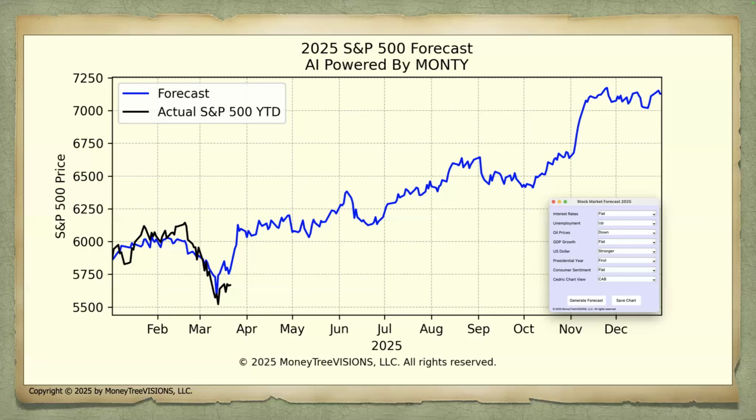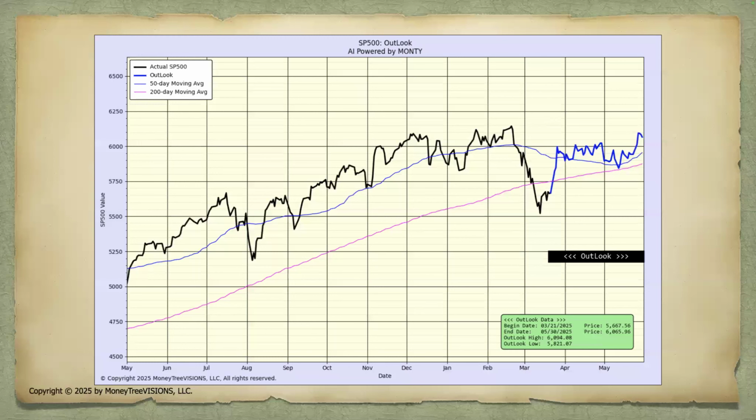But to me, the test is going to be next week. Is it really going to move up as strong? Certainly, I would think we should see a move up. By next month's meeting, we should be in the area where it's flattened out. We'll know, we'll have a better idea.